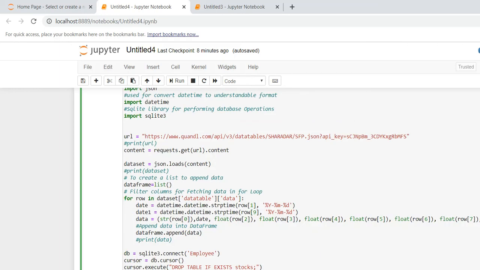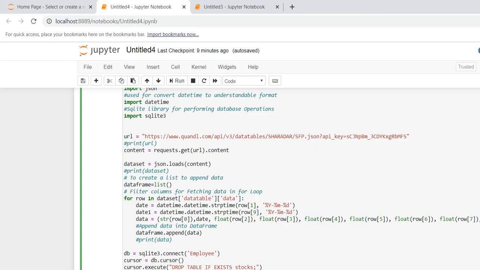like date, high, low and close, volume, like that. And I'm inserting into all the 9 columns of the stocks table. Previously I already received the data frame using request and JSON content.